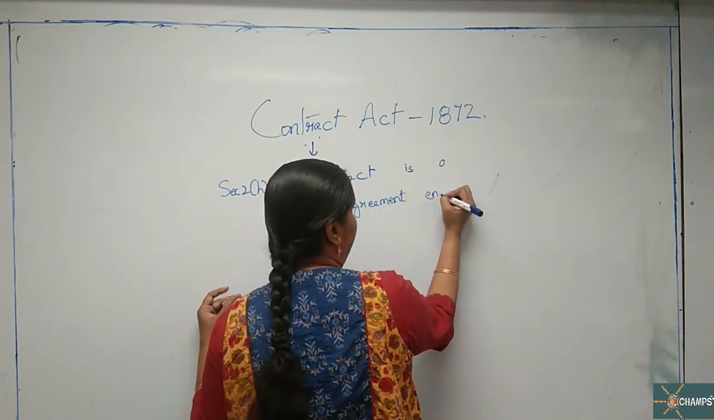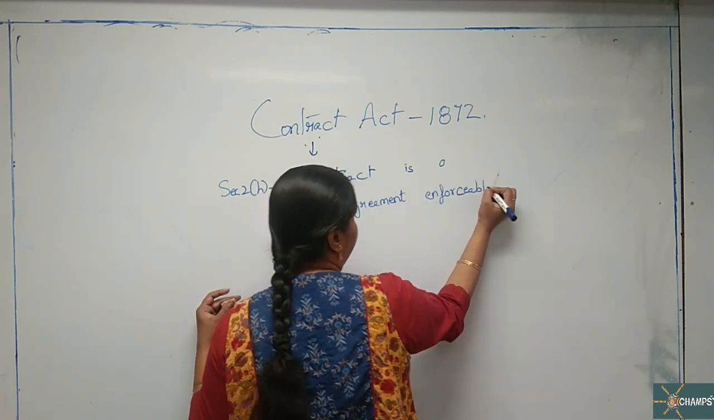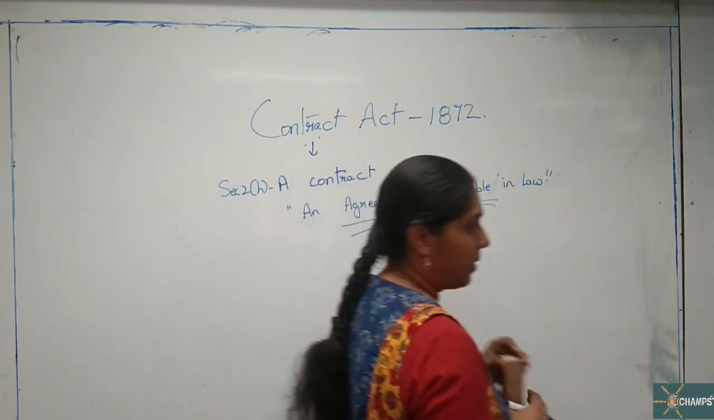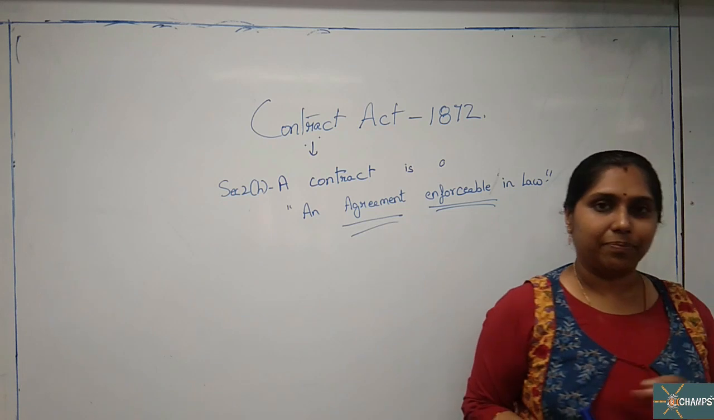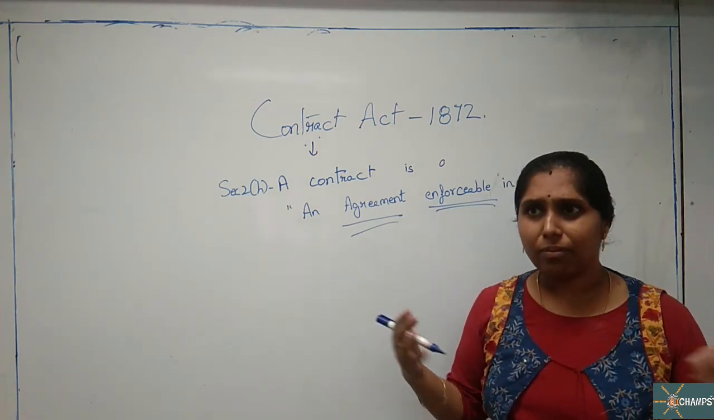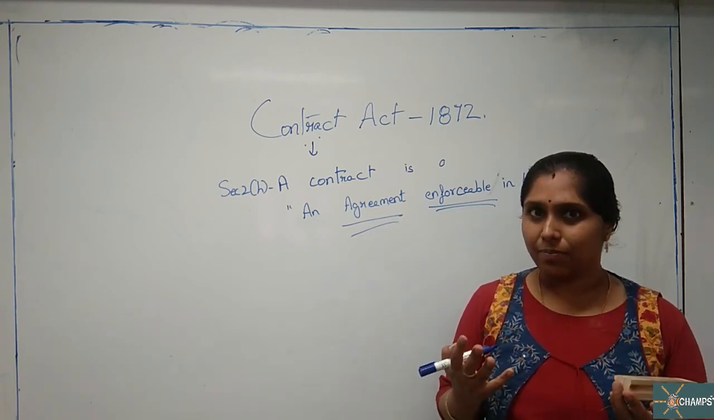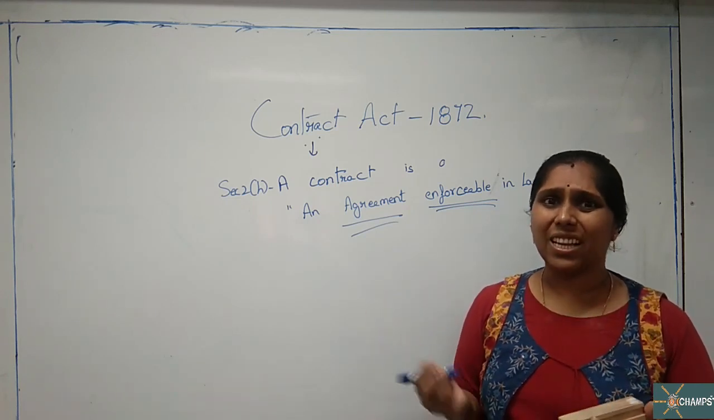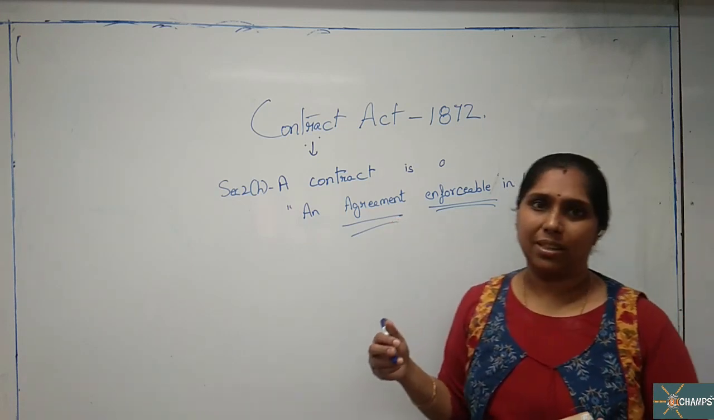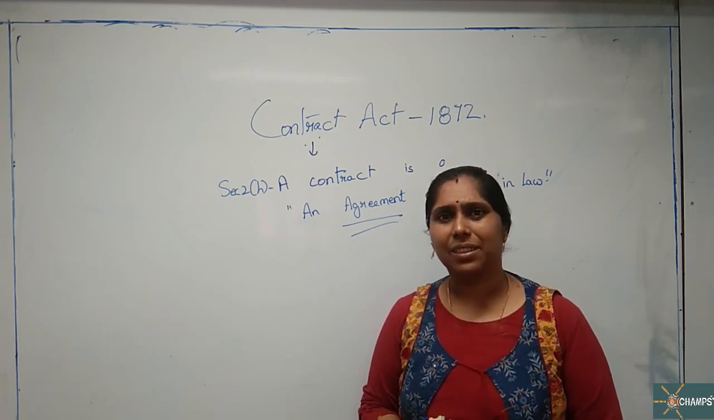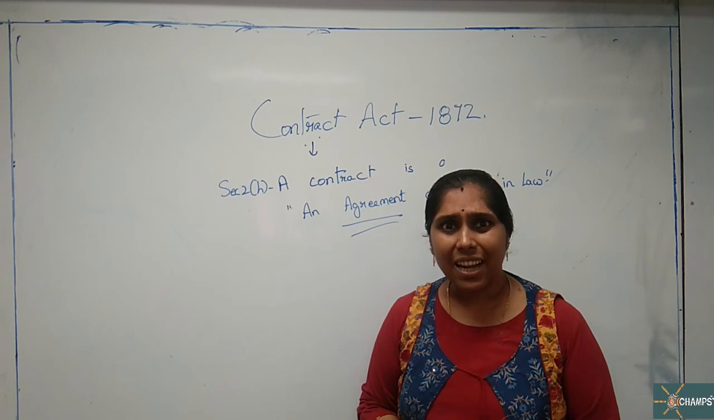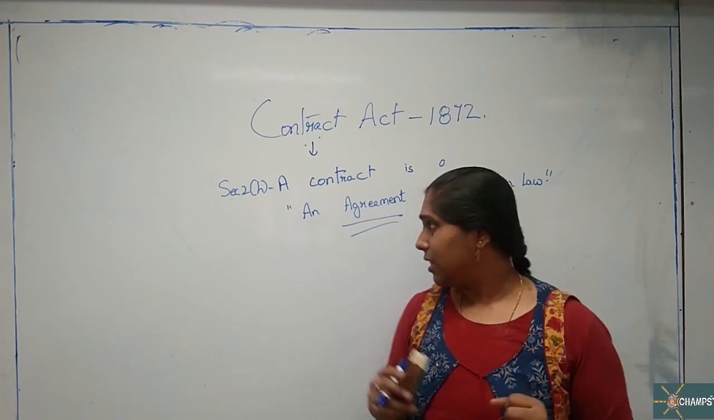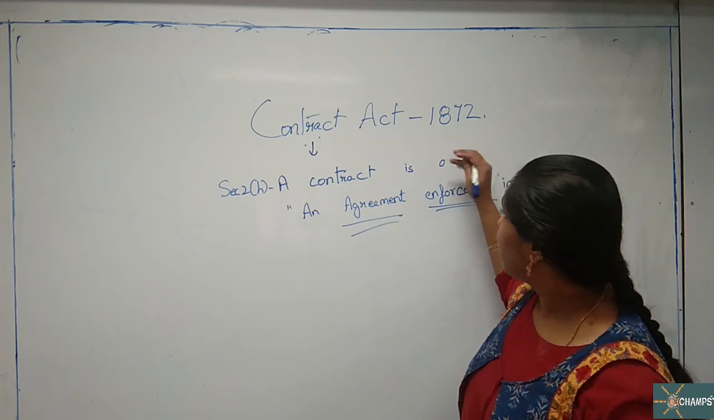enforceable in law. What do you mean by an agreement? What do you mean by the word enforceable? Agreement means a meeting of minds, or two people coming together and agreeing upon something. What exactly do you mean by an agreement? Two people consenting over a single kind of transaction with a similar mindset. They should not have any miscommunications in between. The law says a contract is an agreement